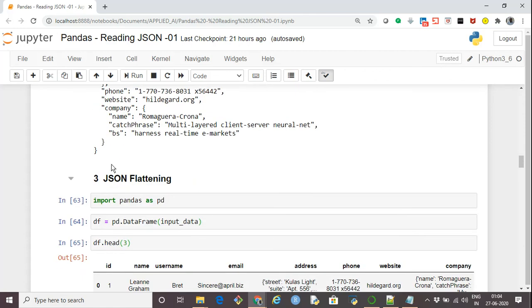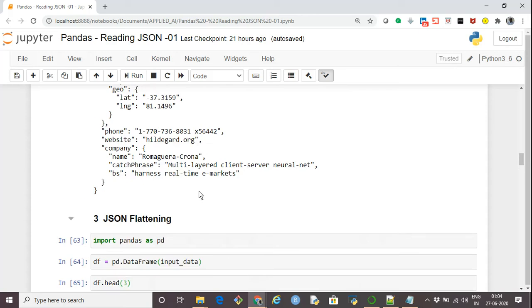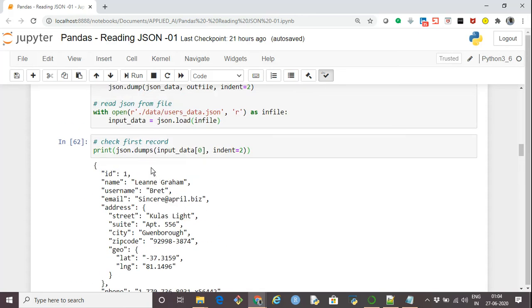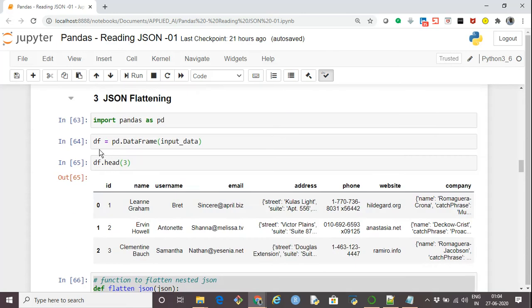Okay, now comes JSON flattening. Our intention is to read this JSON data into a pandas data frame. So first we import the pandas library, import pandas as pd, and then using pd.DataFrame and passing to it input_data, that is the data that we had read just now, and storing it in the data frame df, and first listing the first 3 records.